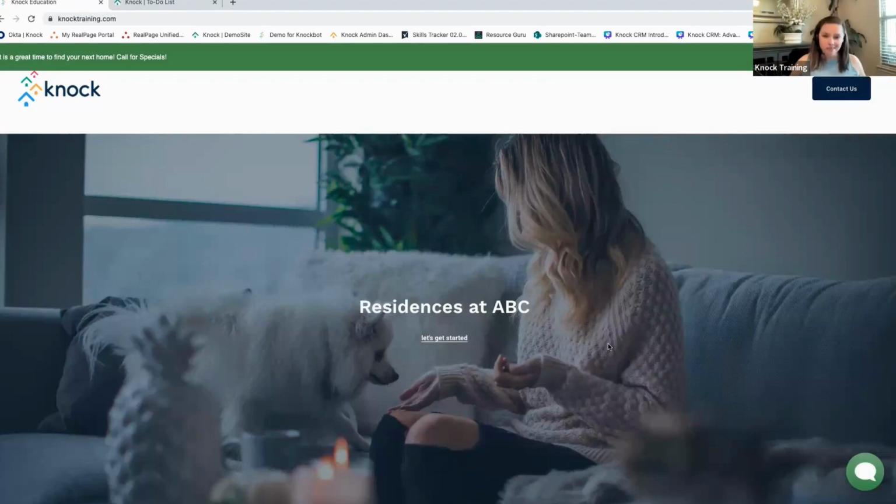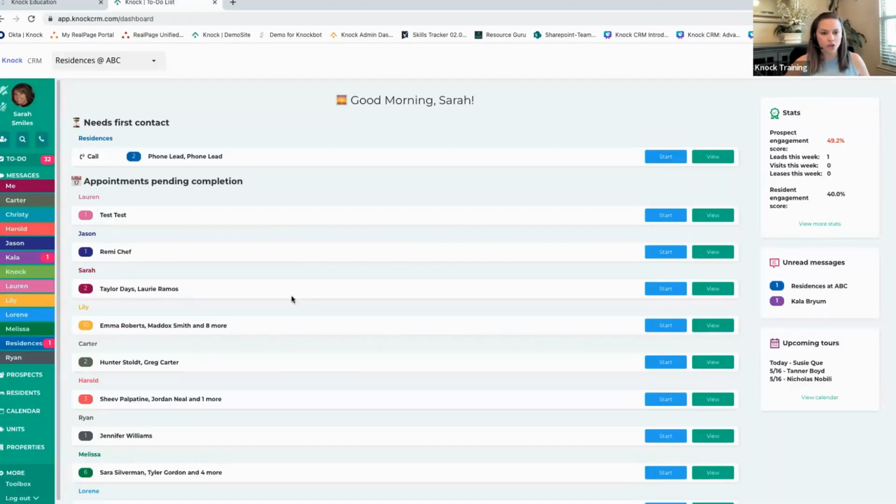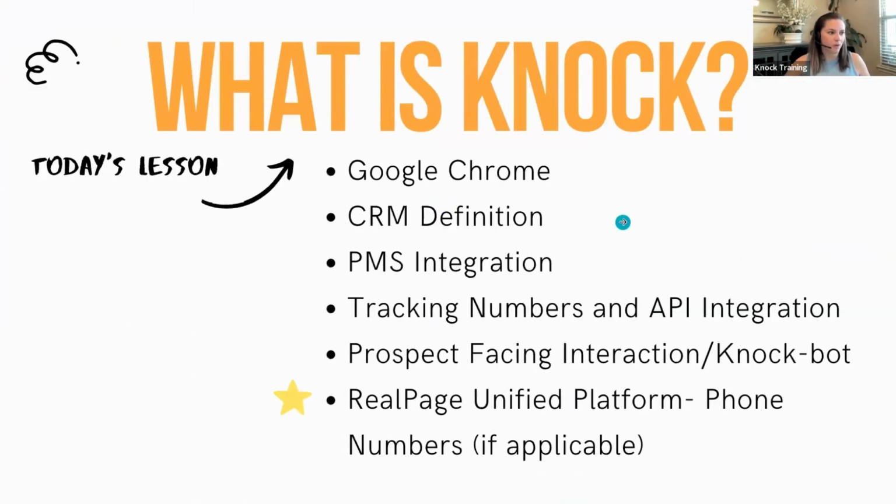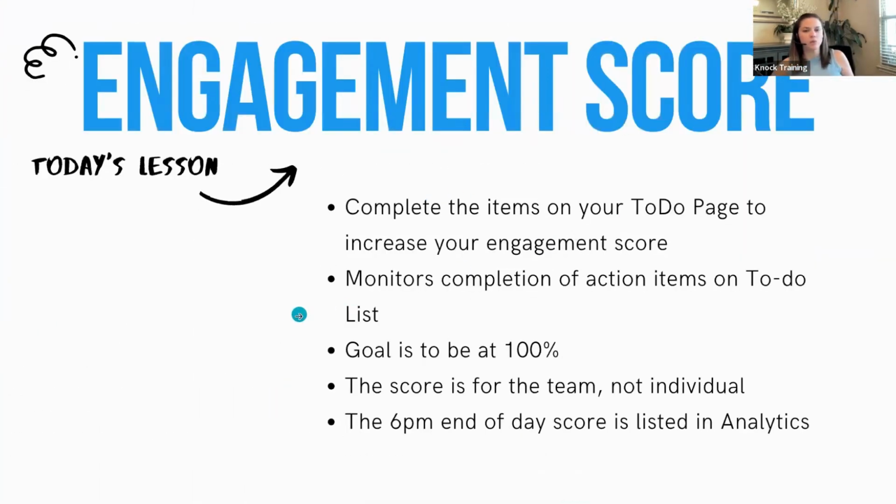Now, for the rest of our training, we're going to see your point of view, right? So as things come into the system, how we're going to be able to utilize the Knock CRM, that's what we're going to be focusing on for the rest of our training. So let's just take a quick little look. Here is the Knock CRM. This is what we are going to get very, very familiar with for the rest of today's training session. All right. So like I said, I did want to start with some core areas